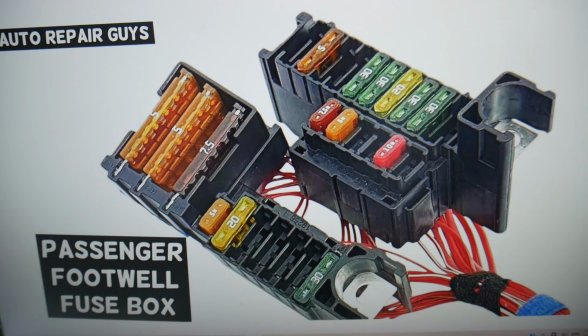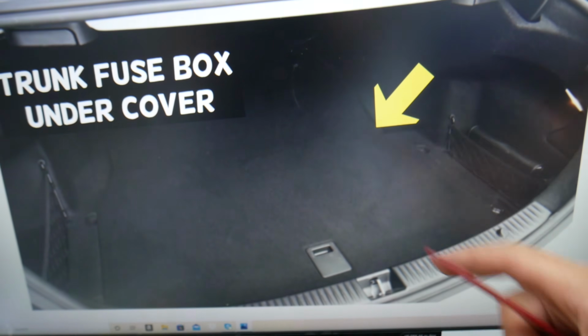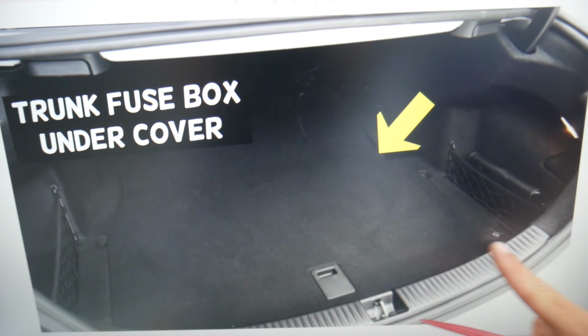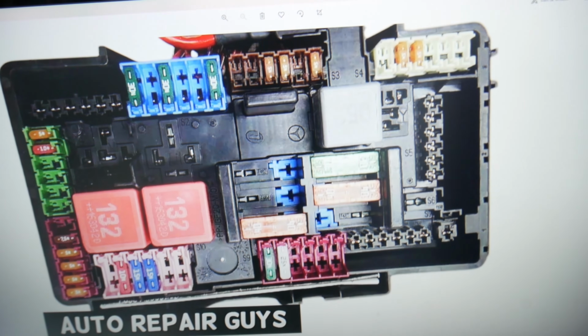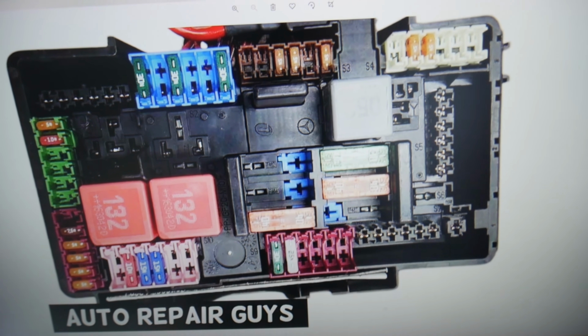Next, you need to go ahead and open the trunk on your Mercedes. In the trunk, you need to lift the carpet liner up. And right underneath on the right side here we have one flap that you open, and underneath it is the main trunk fuse box. Here guys, we need to check fuse number 400,